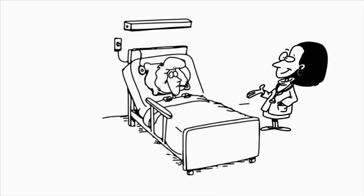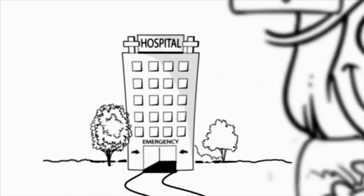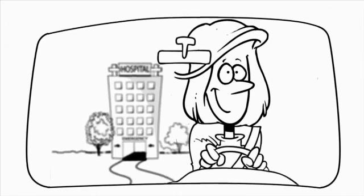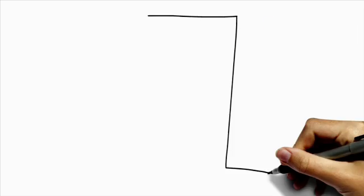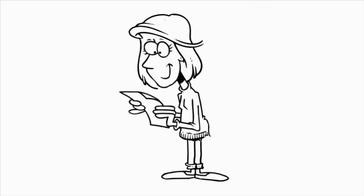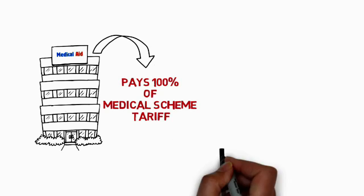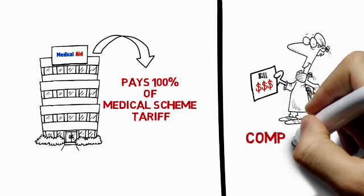Michelle is hospitalized for a routine appendix operation. The procedure is performed without complications and she's in and out of hospital in 2 days. A week later, she receives the bill. She's not expecting any surprises as she's on a medical option that pays 100%. This is Michelle's problem. While her medical aid scheme will pay 100% of their predetermined tariff, her doctor charges a